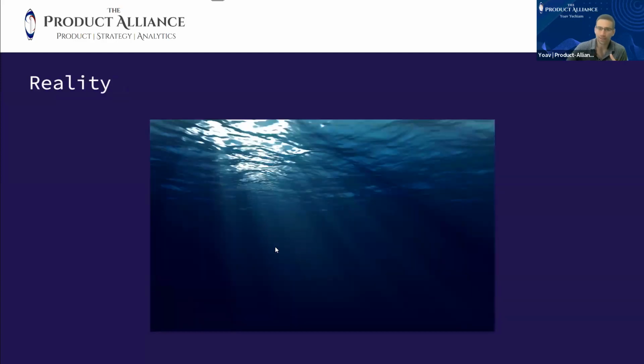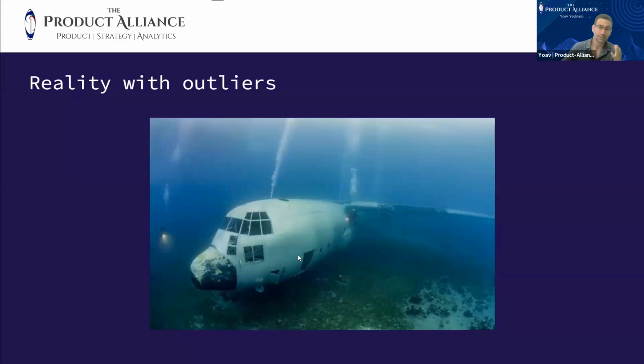In most cases, we see something like this, right? If we stay on the water, we see a ton of data, the water represents the data. There's a lot of data, a lot of water all around us, but it's really hard to spot things that are insightful, things that are really important or interesting that we can take action on. And sometimes it even goes in this direction. The things that we do see are outliers that we just happen to hit, and then we come to think that, hey, there must be tons of airplanes underwater because that's what we found when we dove deep enough.